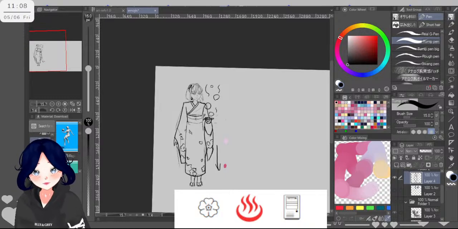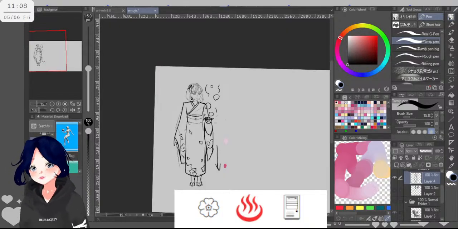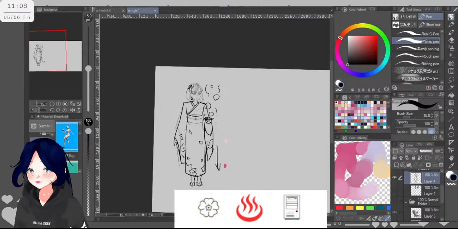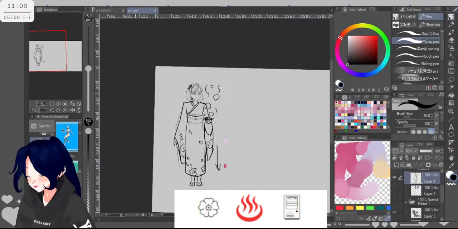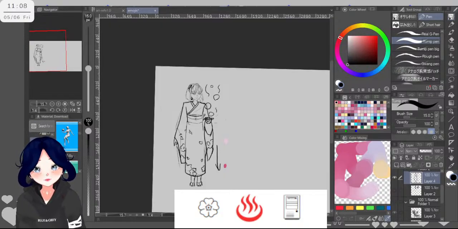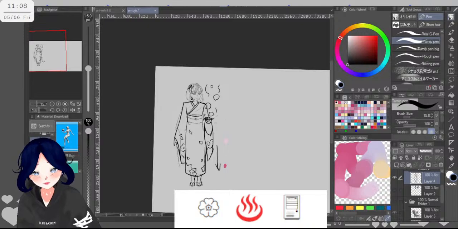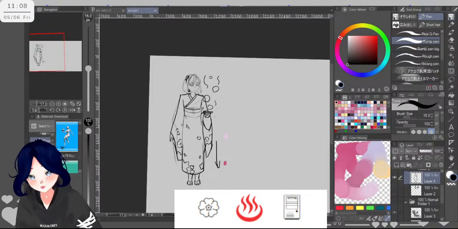So the screen is frozen again. Whenever I press the tab button to switch screens, it freezes when I select the new window and I press again, and the screen is Clip Studio Paint.